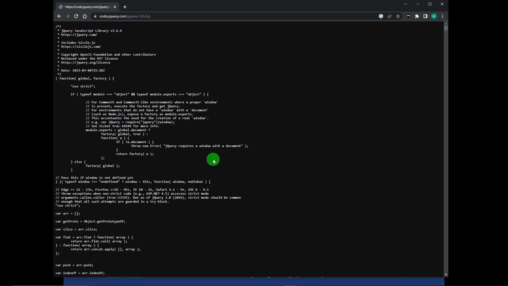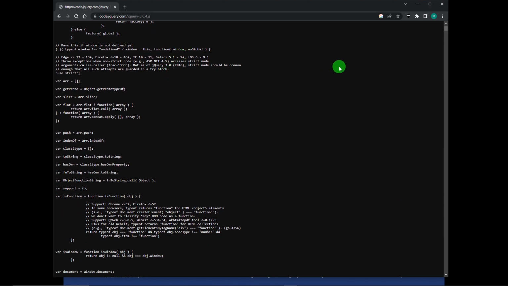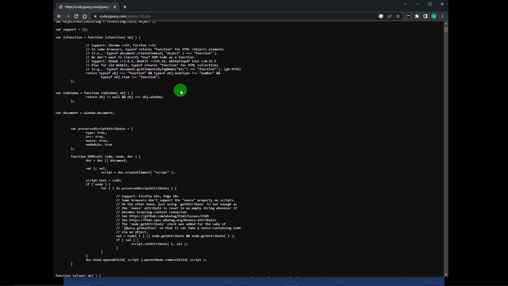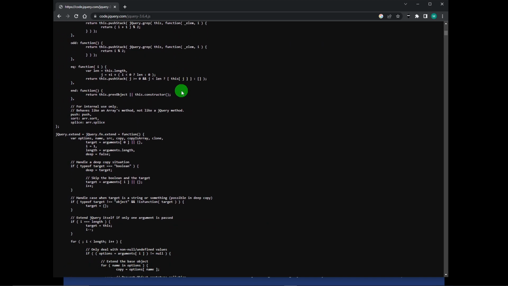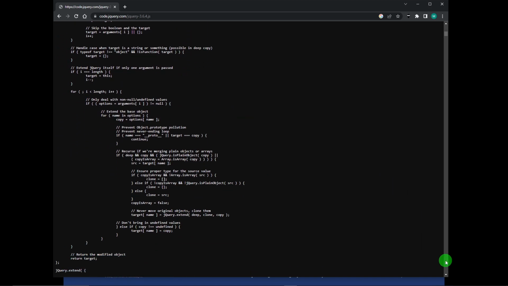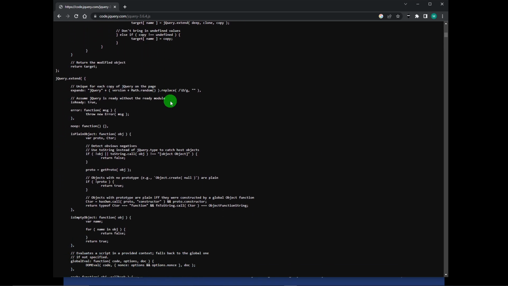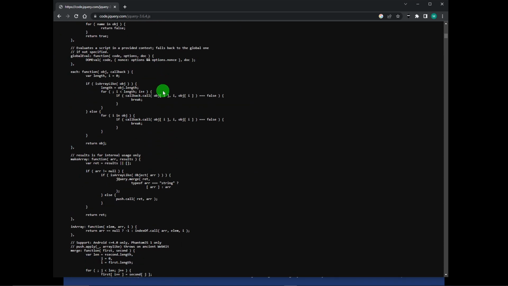And this is jQuery. This is the code you get when you download jQuery's JavaScript library. This is version 3.6.4. And if you go down through here, this is nothing but a giant library of functions that are built into jQuery. And I can scroll for a long time. And these are all pre-written functions that we can use. So there's jQuery.extend,